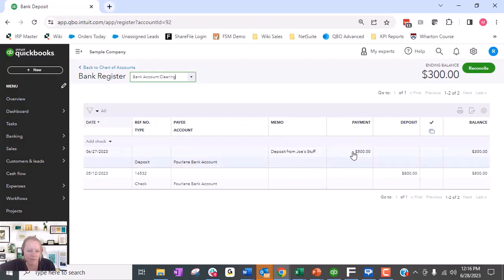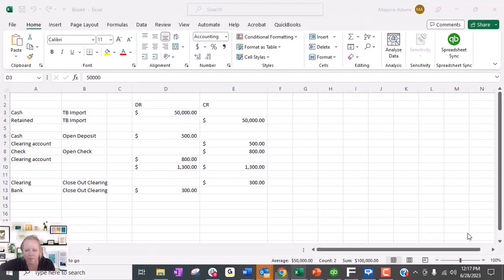So again, a payment, right? We have a $500 that went out of this account. It raised up, this is a deposit. So it raised up my actual Fourlane bank account, my true bank account, but in this clearing account, it lowered, because that's the offset. So in order for me to remove from here, I'm going to have to be crediting, right? Going back to our Excel spreadsheet, I'm going to have to be crediting the clearing account by $300 to